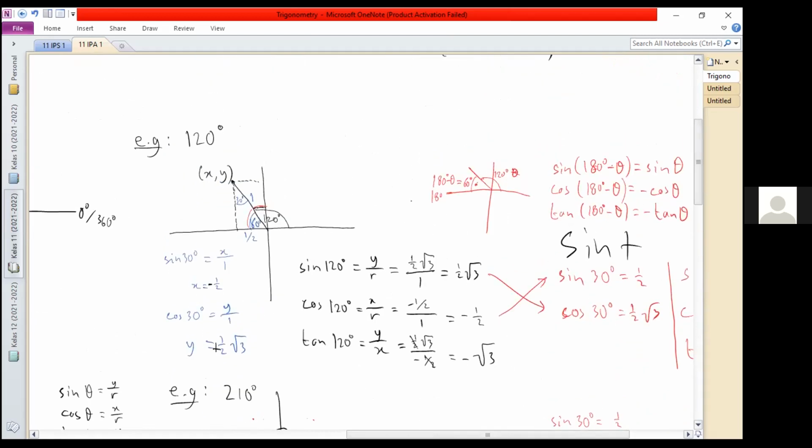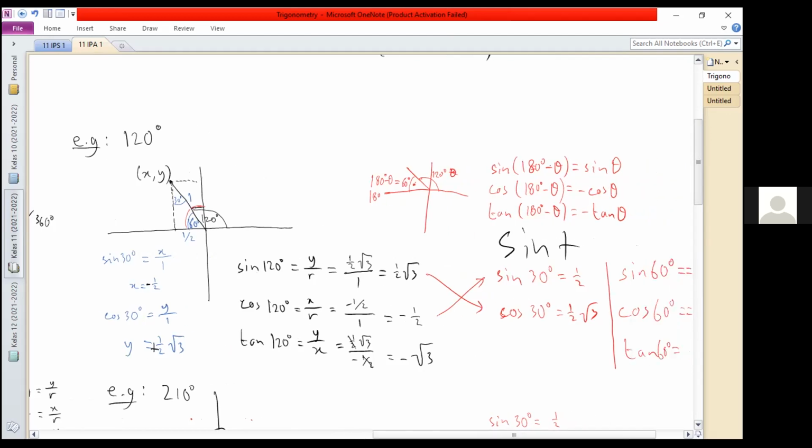In other words, previously we tried to measure the angle 120 degrees by using the x-axis. It means 120 degrees is actually the same as 180 minus 60. So if we measure it by the x-axis, the functions are the same: sine still becomes sine, cosine becomes cosine, and the tangent is also tangent. But if we try to measure by the y-axis, you will get the opposite, it's reversed.